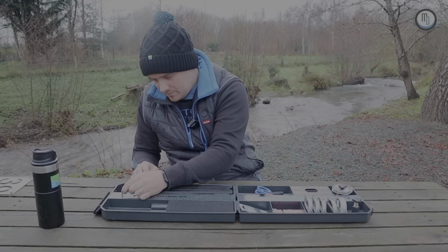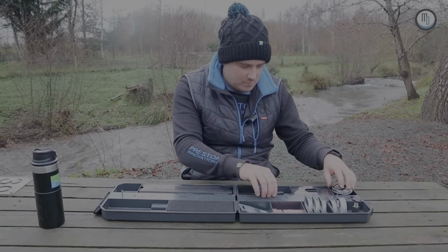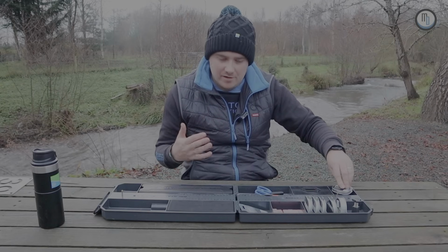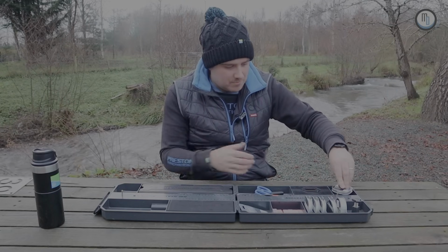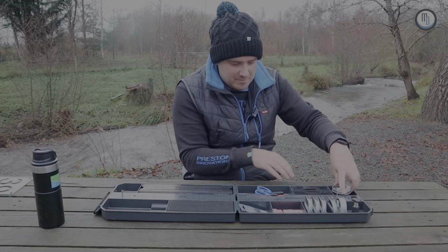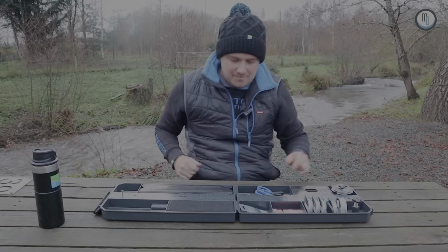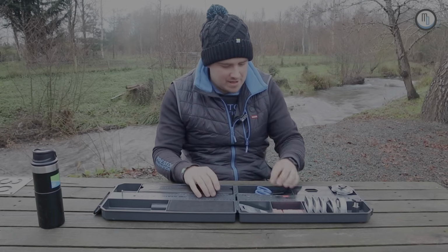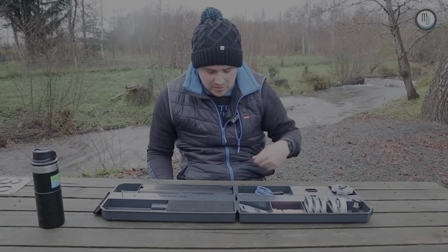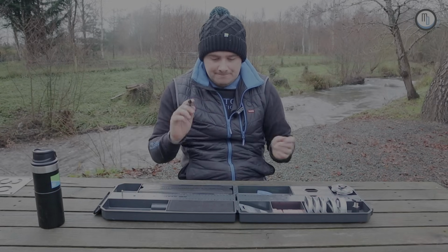So I'm going to put my loop in my little gap. But as you can see, it's all slack at the minute. So what I'm going to do is push that around my little pin there. It's gone a lot tighter, but I feel like I want a bit more tension just so I can put my shot in the right place. So undo that, give it a little spin, and you can see my float moving there with the tension. Literally tighten that back down. You can see it pinging round, so I'm going to get my float out of the way at the top. Now this pin's got nothing on it, so it's not going to damage your line, just nice and straight in a line. So you heard me mention before,